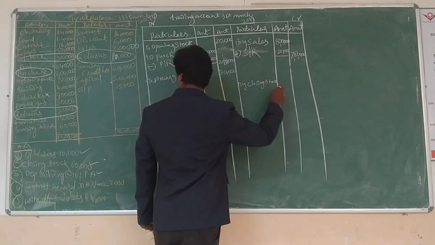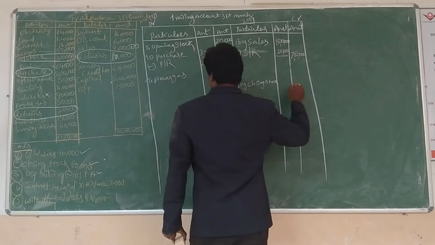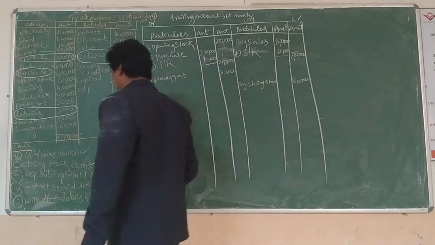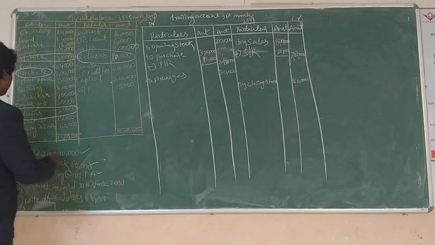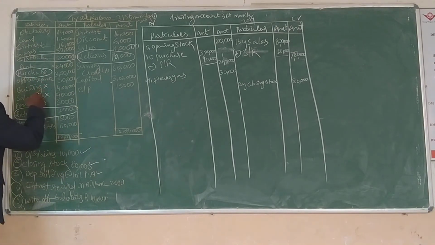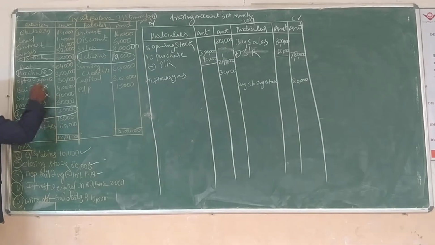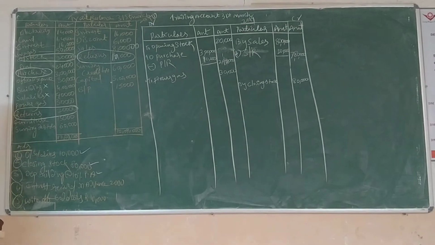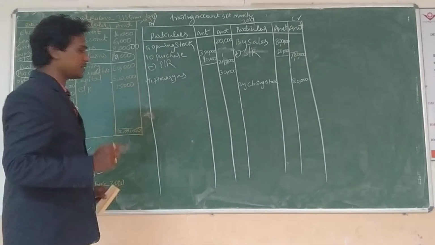Under closing stock, how much? 80,000. And next one, depreciation on building. Now we have put a right mark and an into mark on building. Why? Because the into mark means these are the adjustments. Whenever you are going to do the problem, at that time you first do the adjustment transactions. After that, you can fulfill the remaining transactions. So that is the easy process.